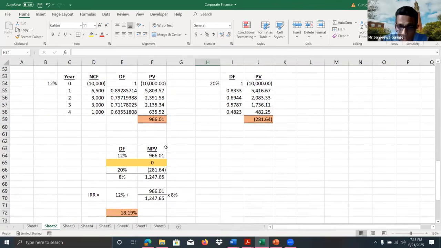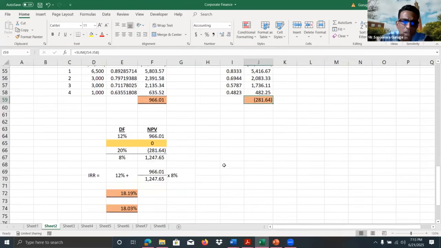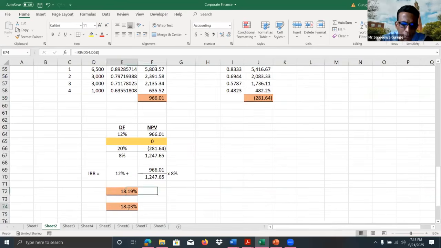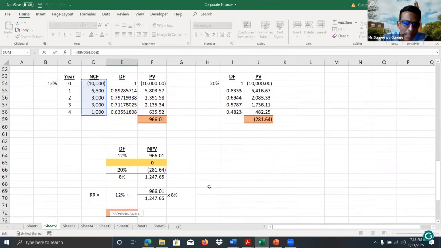That's why generally, to calculate IRR, if we get a positive answer for the first calculation, it's better if we get a negative answer for the other rate. Then only the answer will be close to the perfect answer. Otherwise, the accuracy is low. But with Excel, the calculation of IRR is so easy because the IRR inbuilt function is there. It's just a matter of selecting the cash flows.